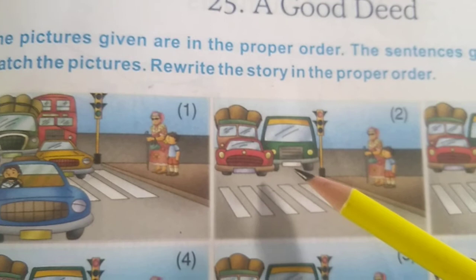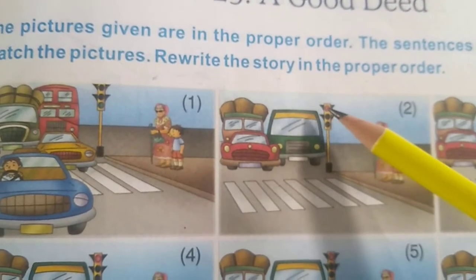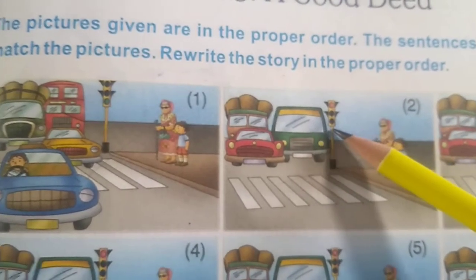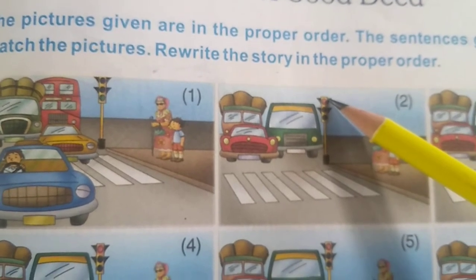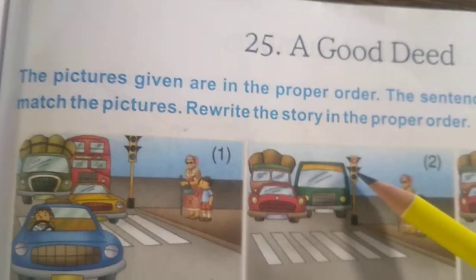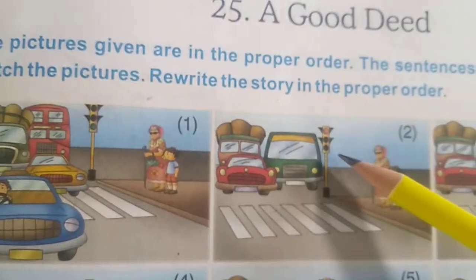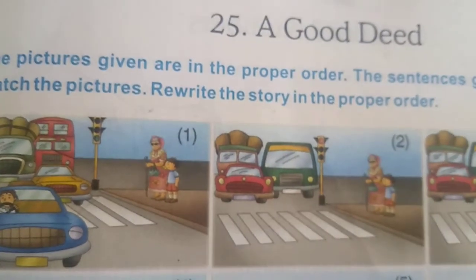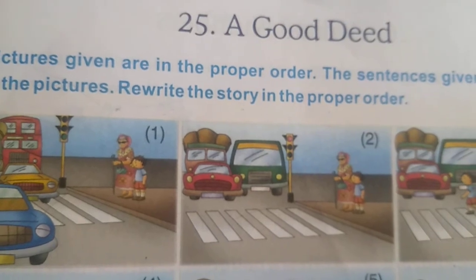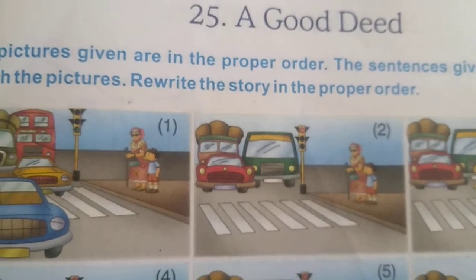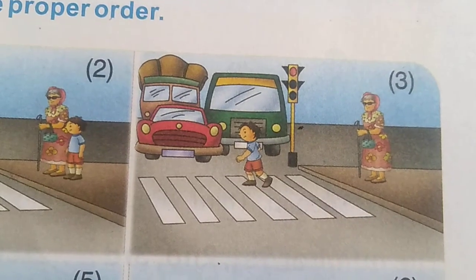They are not moving. And here you can see there is a signal pole which has orange, green and red lights. When orange light is on, it indicates that we have to cross the road. And when red light is on, it indicates us to stop the vehicle. And when green light is on, it indicates us that we have to move forward on our way. So here in the second picture, we can see no vehicles are moving, but Azad and the blind lady are waiting on the footpath. Coming to the third image, children.